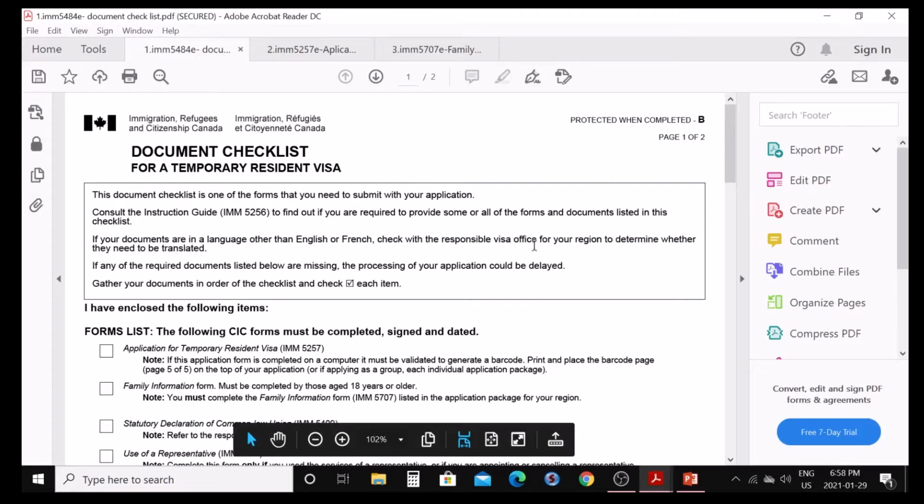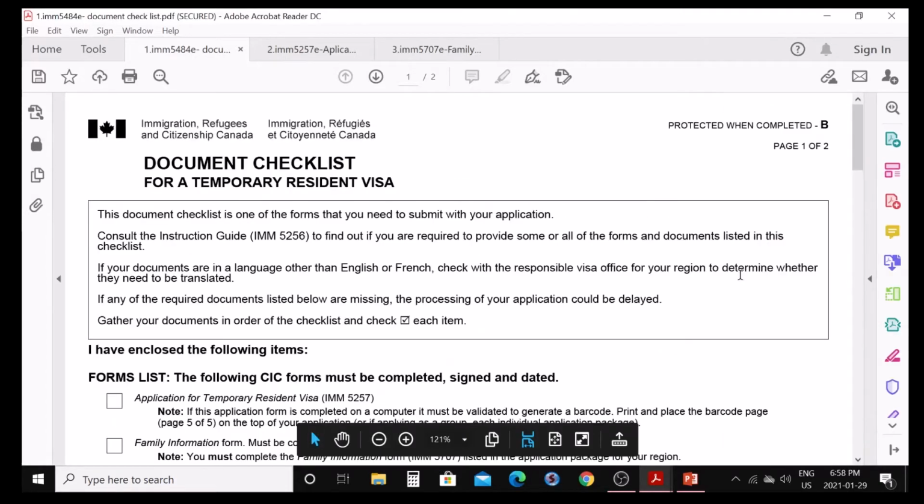For Super Visa, we need 3 forms. That is a must. I told about 2 other forms which you need to fill out if it is applicable to you, but in most cases we don't need them. So I'm gonna talk about the 3 main forms which we need for the Super Visa application.